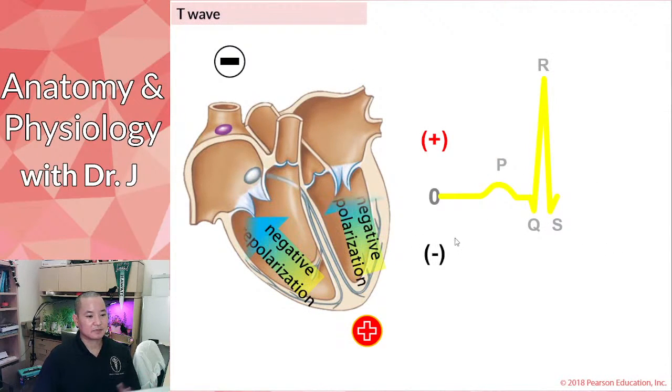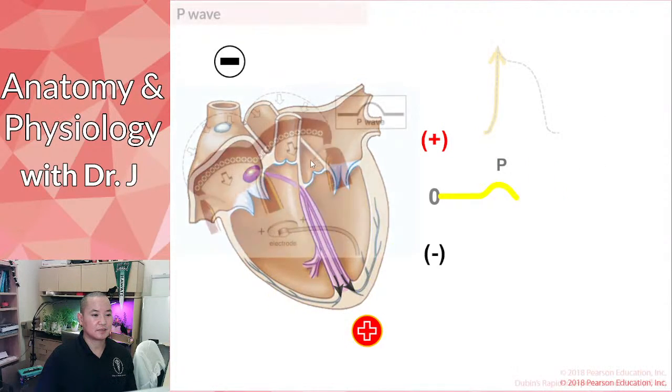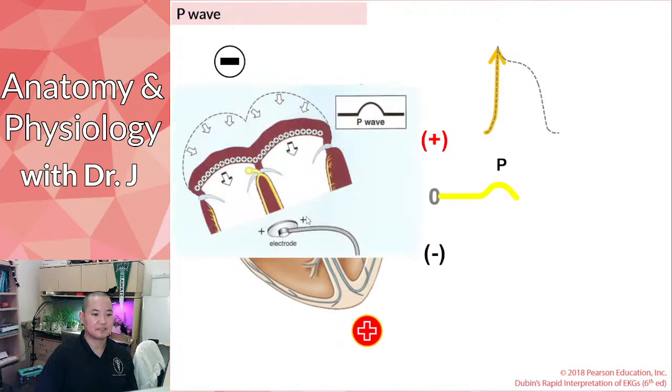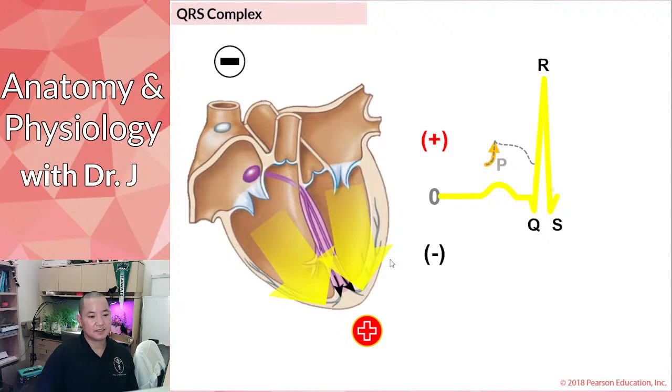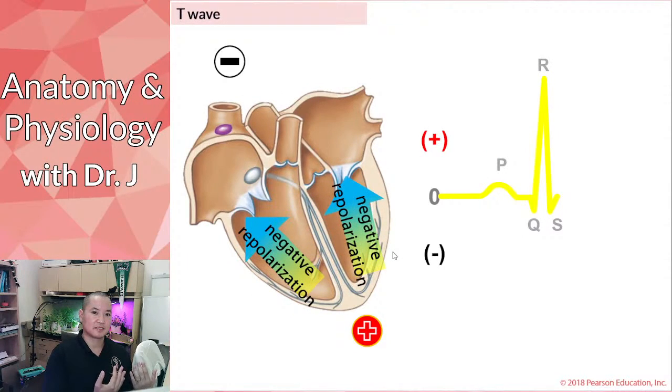In the ventricle, repolarization occurs in the opposite direction. In the previous steps, depolarization went along the conductive system, from here to here, so it's going inferior and toward the left. But repolarization is actually going upwards, so it's kind of